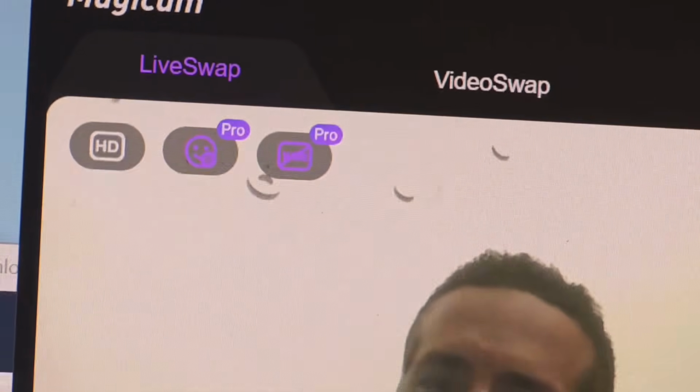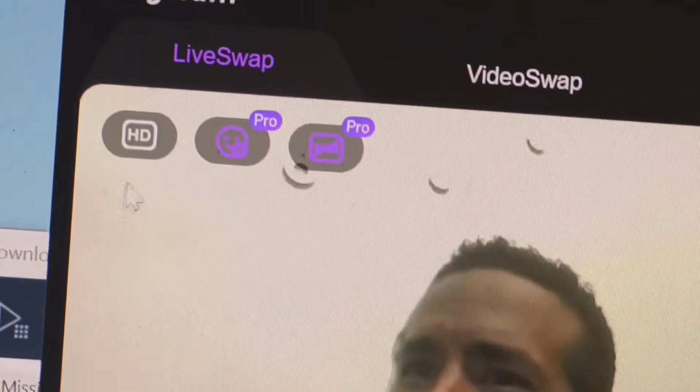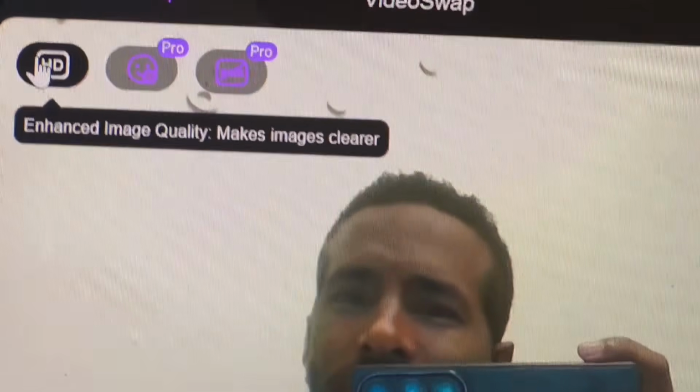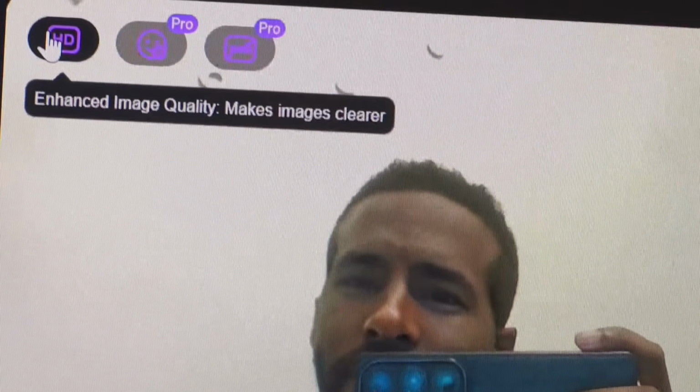Once I click on it, watch the face well. I'm going to move my mouse and click on the HD button. You can see my mouse going there. Watch the face well. So what's going to happen to the face? Boom. There is more detail. Let me zoom in on the face and disable and enable it. Look at the face well. Okay, I know it's giving some AI vibe, but